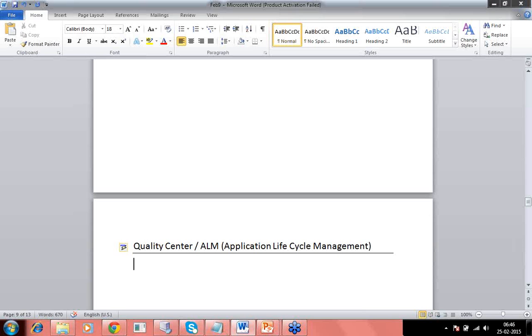And that is nothing but a tool like Quality Center or an application lifecycle management tool, wherein all the artifacts throughout the software development lifecycle, right from requirements phase till the maintenance phase, whatever artifacts the team will be creating, we can maintain them as part of this central repository tool. So the introduction about it is, I would say,